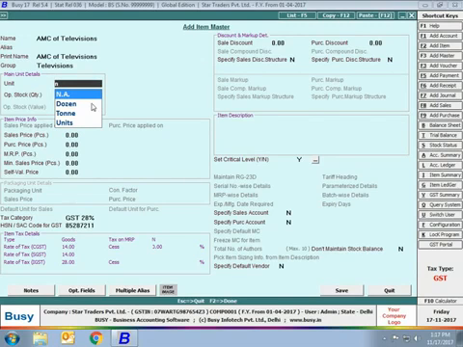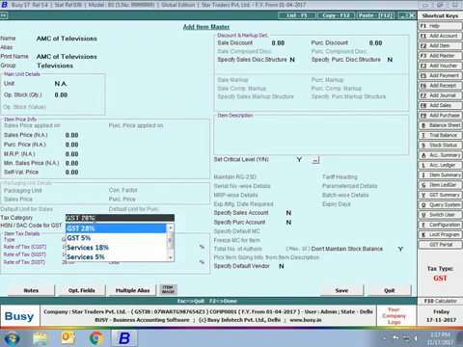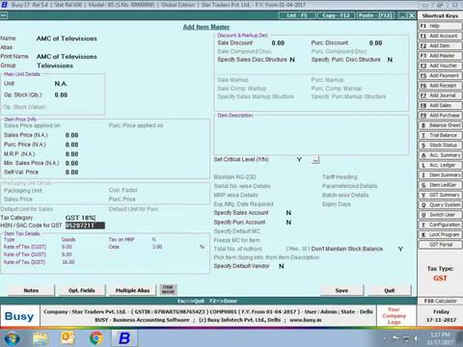We do not want to maintain stock for this item, or specify the quantity and price. We simply want to select the item and specify the amount, that is AMC of television, it's 1500 rupees for example. Then specify the tax category for this item, and then you can see on the right hand side there is an option don't maintain stock balance, which is frozen to yes. That is, you cannot maintain stock balance for this item because you have selected the unit as not applicable.